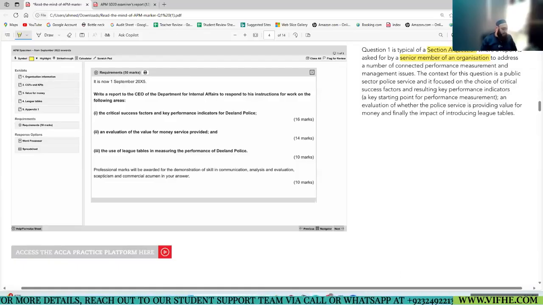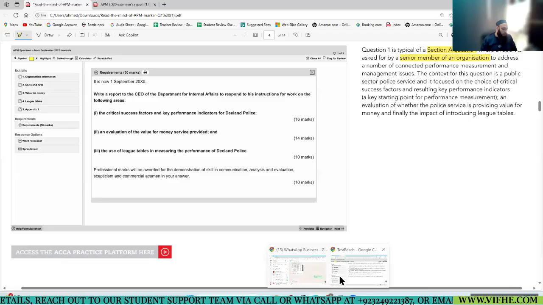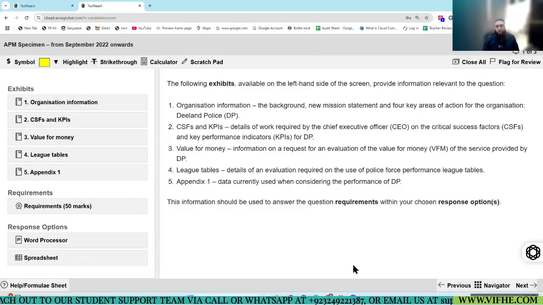Instead of using this, I would prefer going to a proper CBE platform where the question is visible. The task is not to read the entire question in a very detailed way. We'll be skimming the important areas and the requirements, because our ultimate purpose is to understand what a good answer is, what a bad answer is, for what you will be given marks, and for what you will not be given marks. Considering this in mind, let's begin.